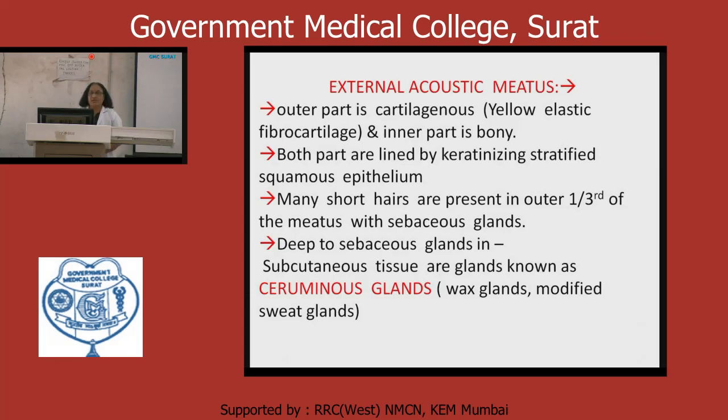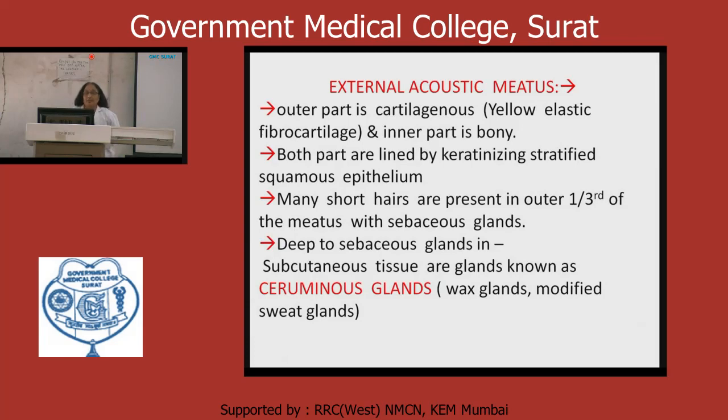Now you have discussed in the gross anatomy, the norma basalis, the sulcus tubi is there. So the cartilaginous part of the auditory tube you can see here. The auditory tube has two parts, even though the cartilaginous part is located in the sulcus tubi. Now we are discussing here the external acoustic meatus. So the outer part is cartilaginous and the inner part is bony.